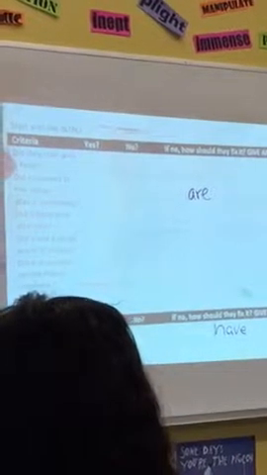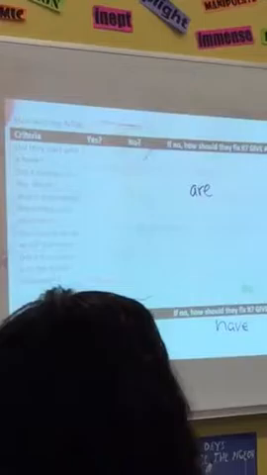So guys, I just want to bring you through this really quickly, because if we don't have time to actually peer edit, then all of this means nothing. So if I were peer editing this essay, guys, eyes up, because this is what you have to do. Please ignore the R in the middle of the board. Did they start with a hook? My answer would be no, right? So, if no, how should they fix it? Give an actual suggestion. Here's what you don't want to write: don't write, add a hook. Because if they didn't start with a hook, chances are there's some kind of breakdown in what a hook is.